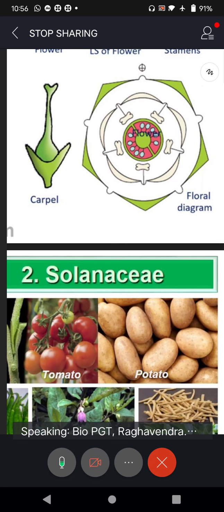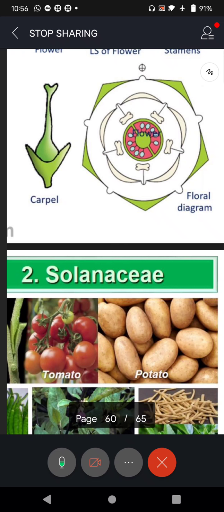And now we go to the female part, gynoecium. See, when you cut open, particularly a TS, transverse section of the ovary, you will see it like this. How many rooms are there? That red color one, 2 rooms are there. They are called locules. And inside the locule, many ovules are there. So, if you draw a diagram like this, the way of representing any plant family is the floral diagram.